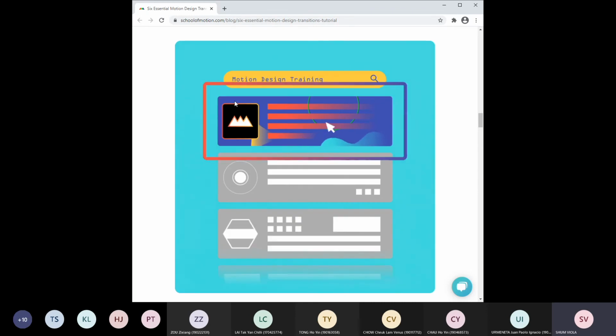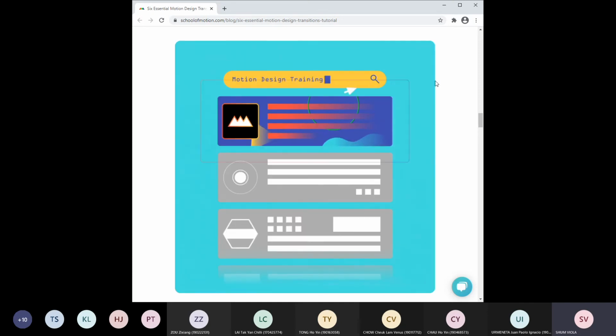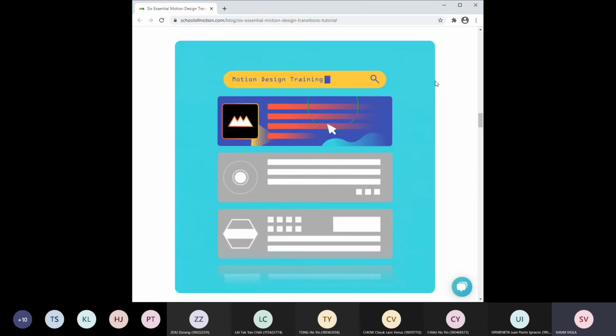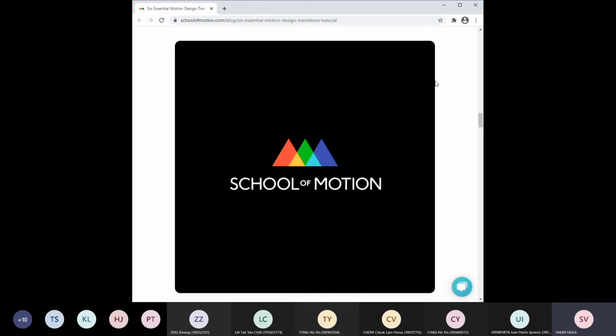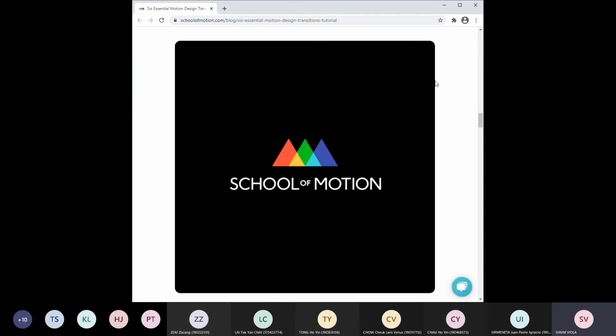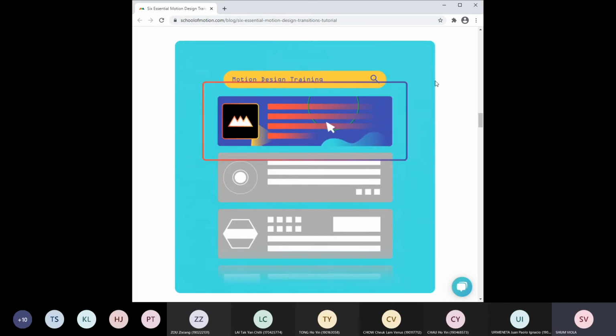Okay, the first one is the screenshot of a computer. The next one is the black screen with a logo. Okay, they are completely different, so we use the dissolve here as the transition. We try to take two things that are completely different and put them together, so we're using the dissolve. Okay, this is the first rationale for using the dissolve transition.